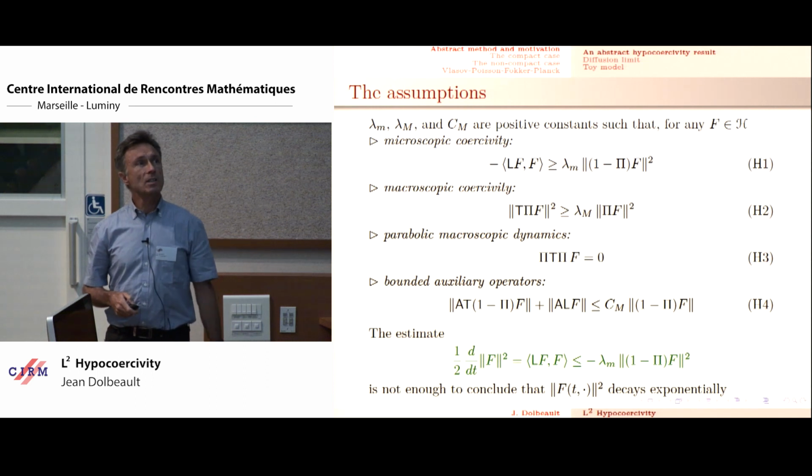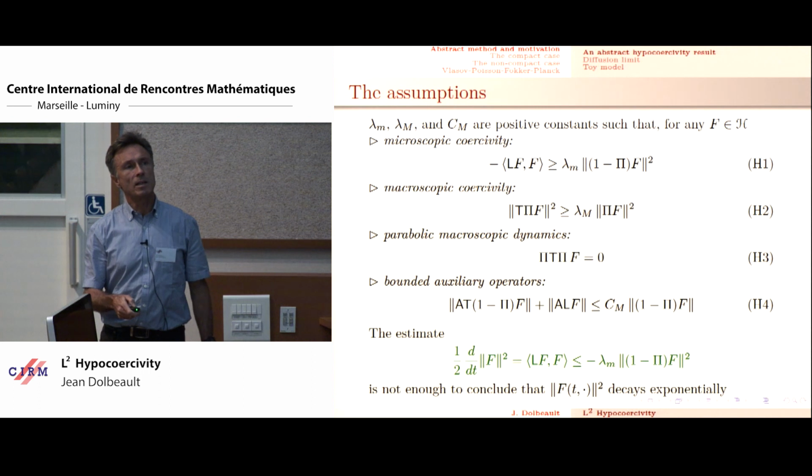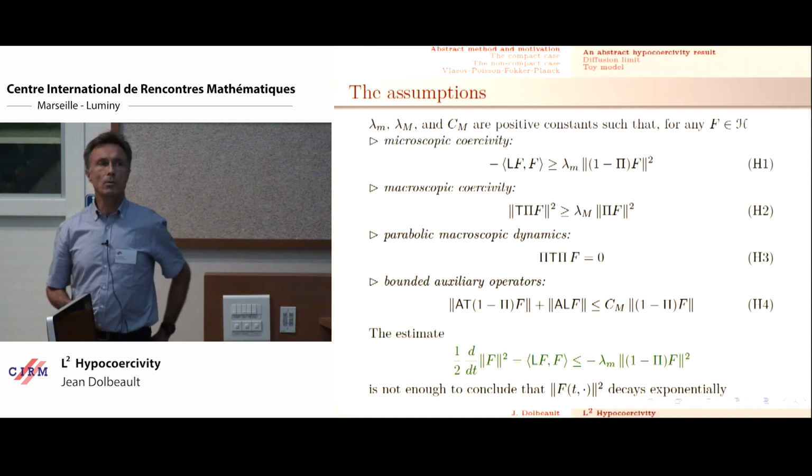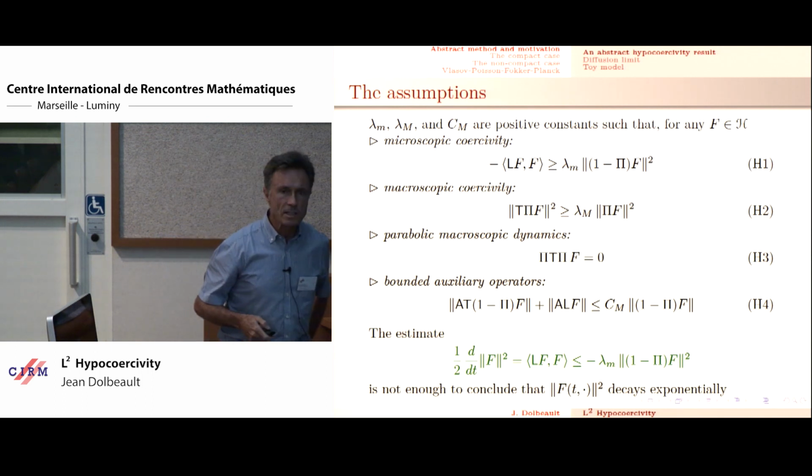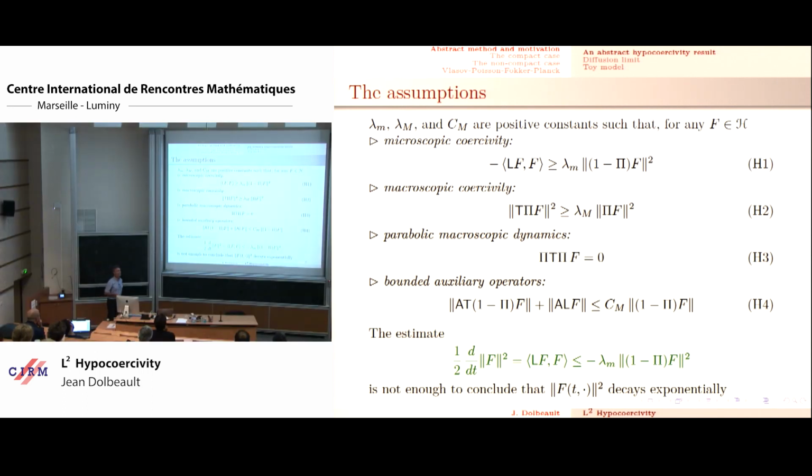And the assumption here is that you want this quantity to be bounded by the distance to the local equilibrium. And of course, when you go to practical cases, this is what you really have to prove, and this is the nasty part. So now the very standard observation is that when you have an equation like on the previous slide,